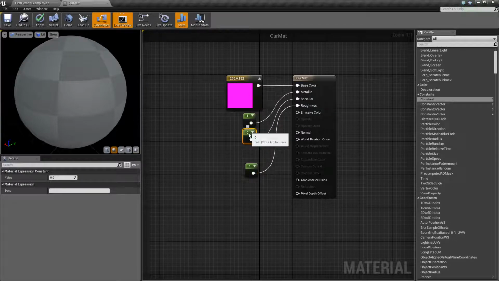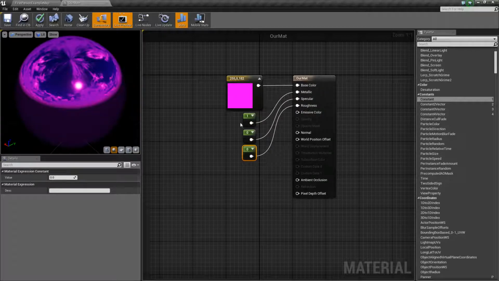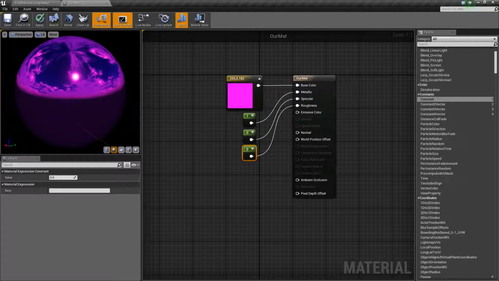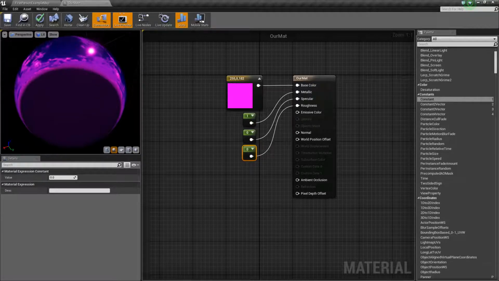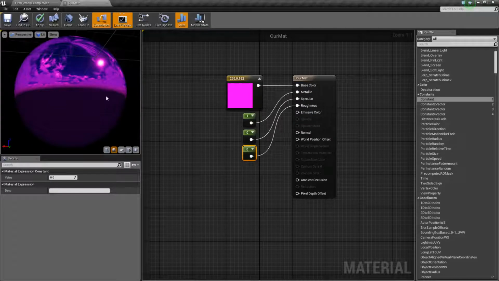And hopefully this isn't too strange to you, but pretty much we're just connecting things with wires from left to right because that's the sort of standard for this bit, for Unreal. There we go. Nice and shiny. So at the moment, this has 0 roughness. So it's as shiny as it possibly can be, which looks very